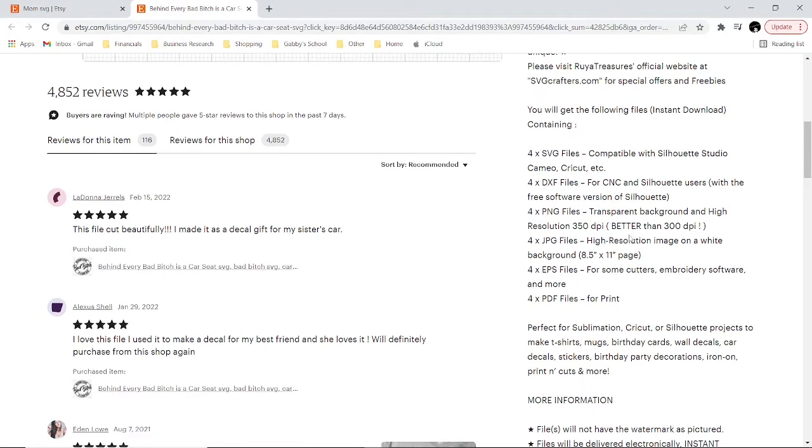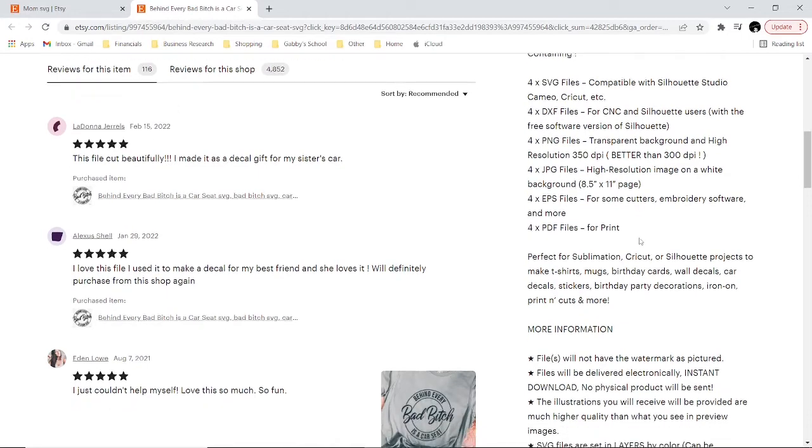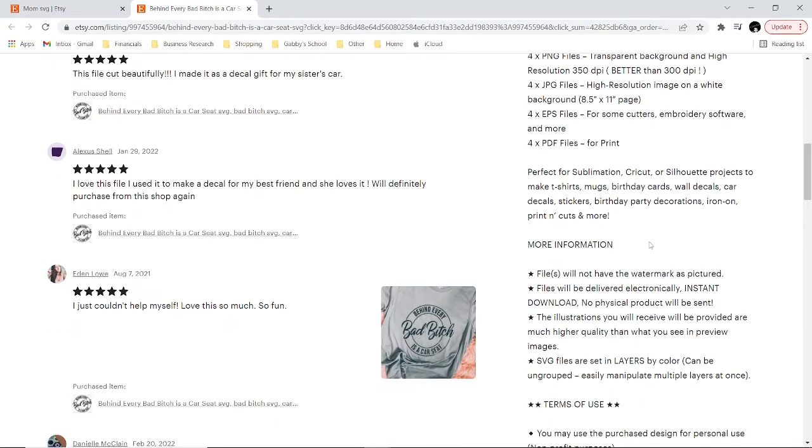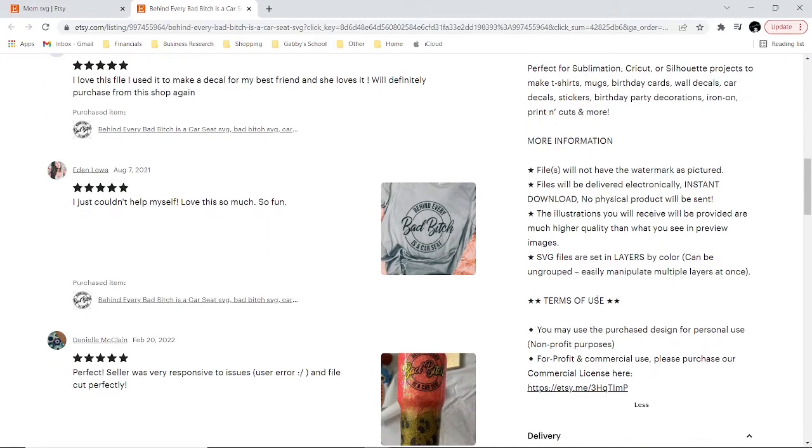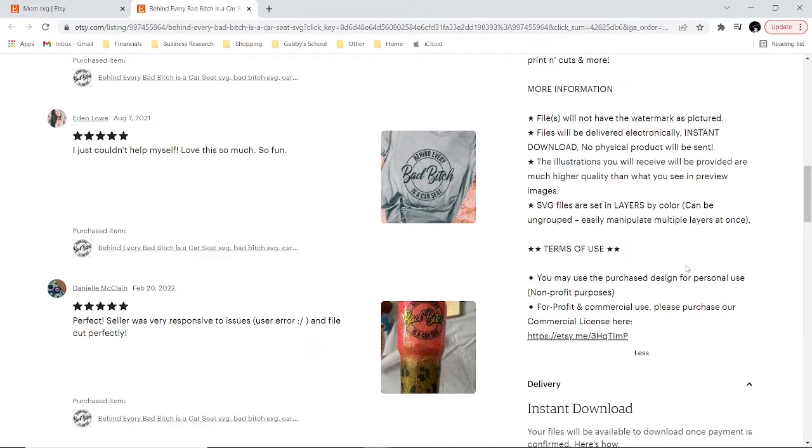Okay, so it is very important to read the description so that you are aware of exactly what you're receiving. Also, especially with designs on Etsy, you want to make sure to pay attention to the terms of use and any additional information that the seller offers with their listing, because a lot of sellers do not allow their images to be resold or redesigned and resold. So you just want to make sure to check for any terms of use